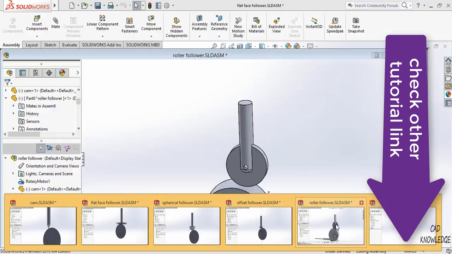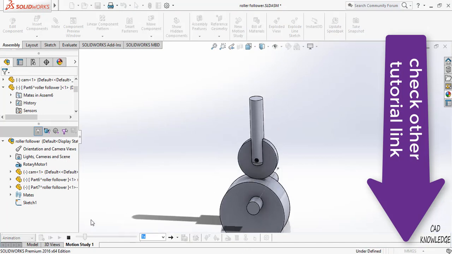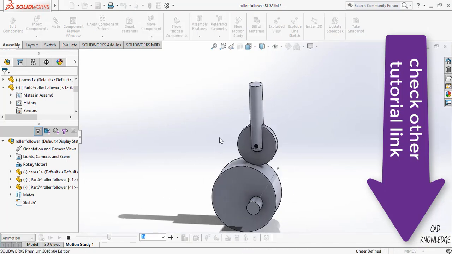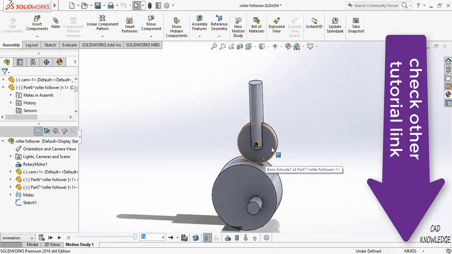Now the last one is the roller follower. The advantage of the roller follower is that the roller is also rotating, and due to that it produces a rotating as well as a sliding motion.